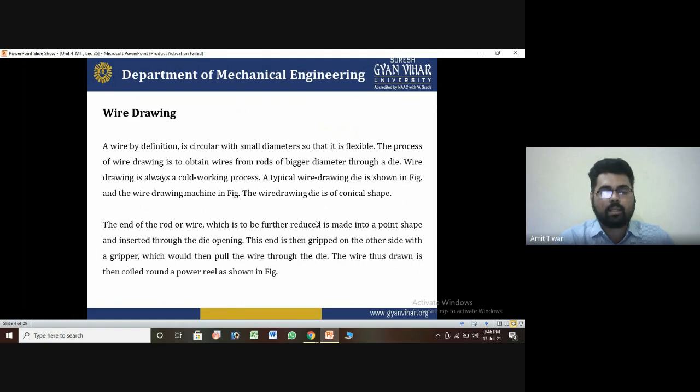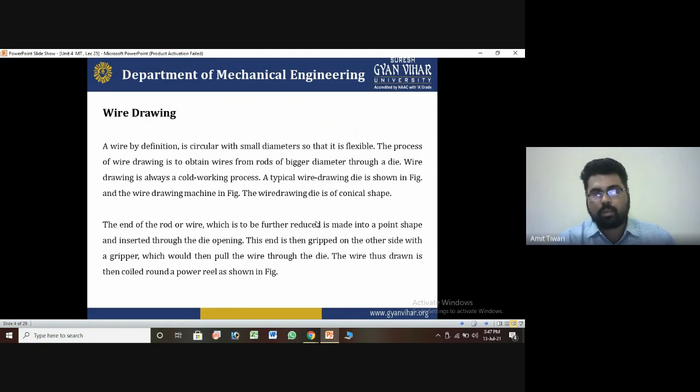Thus the wire is coiled and rounded on a power reel, meaning a number of coils are wound on the surface of the machine. So it is easy to understand, and the diameter is very small. That is why it is easily used for such material having that cross section area. These are the fundamentals we use, and this type of technique makes reducing the diameter easy.